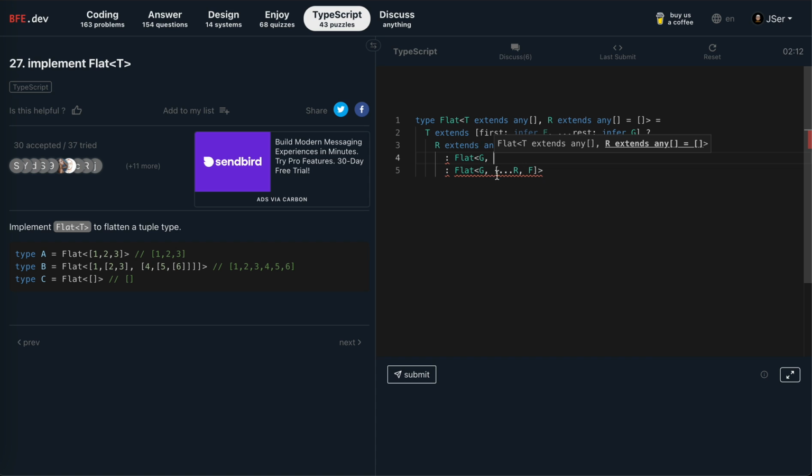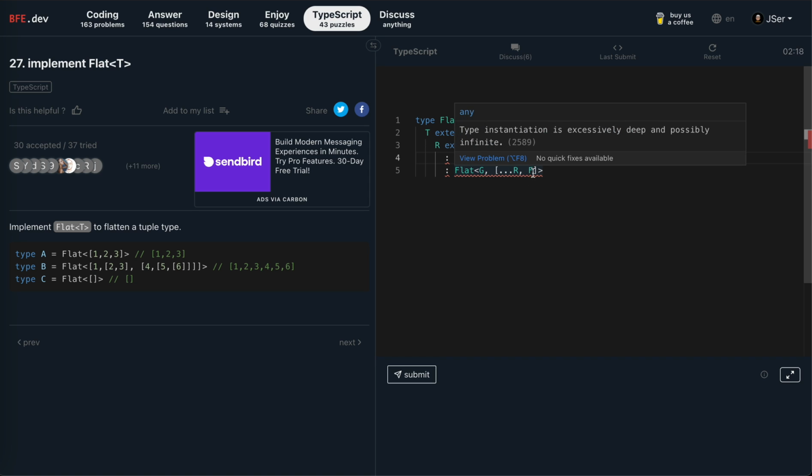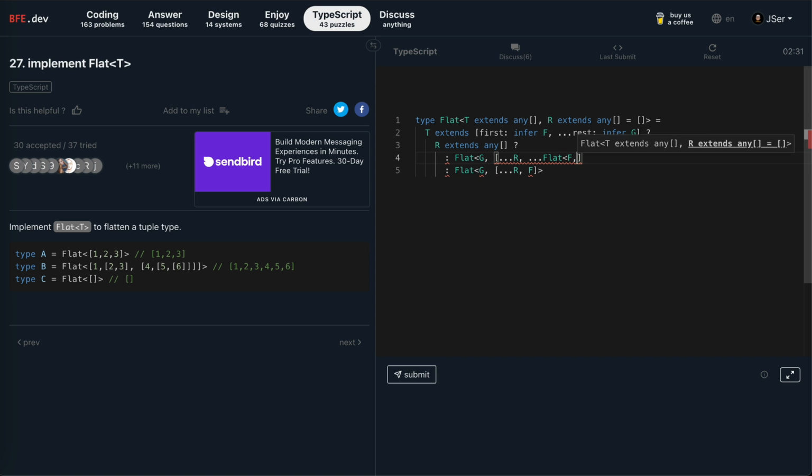If it is a tuple, then we spread R, but for F, this is not a single item anymore. So we spread and we flatten it and then spread. So flat, which should be for the first item, and it should be empty, right? Because we're starting it. So, and then yeah, this is it. And then flatten it, and then